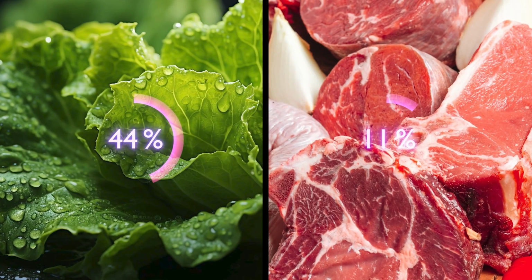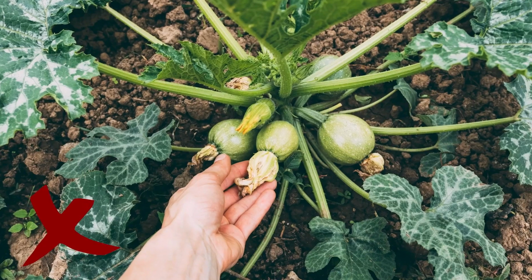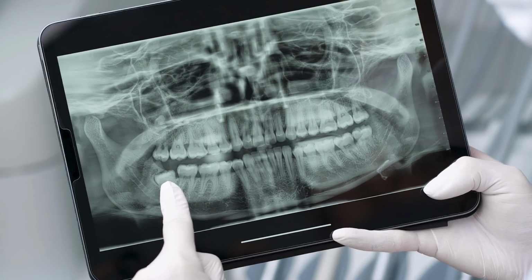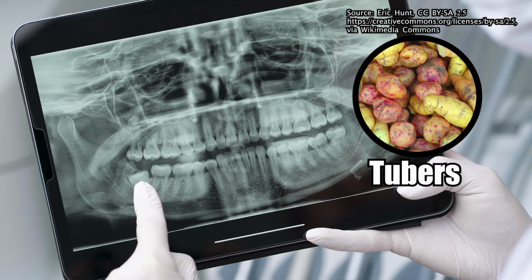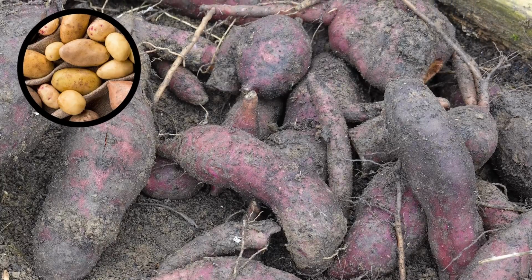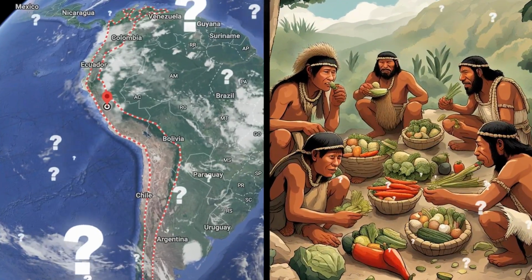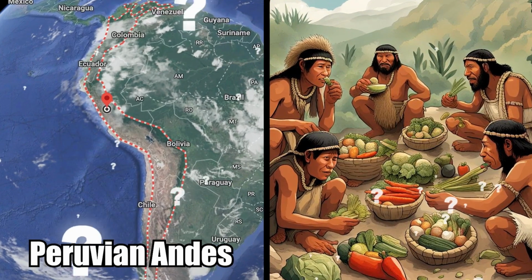Their diets consisted of roughly 80% plant matter and 20% meat. Not just any plant matter though. Tooth analysis revealed the people chewed on a lot of tubers. Tubers are plants that grow underground, sort of like potatoes, but they fell out of fashion with the end of the Stone Age. What scientists don't know is why the people of the Peruvian Andes ate more plants than they